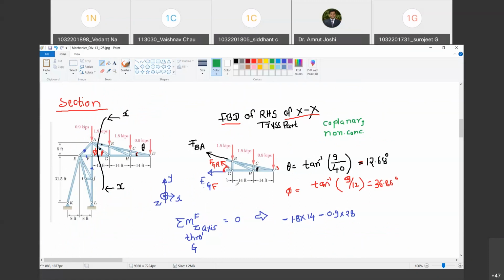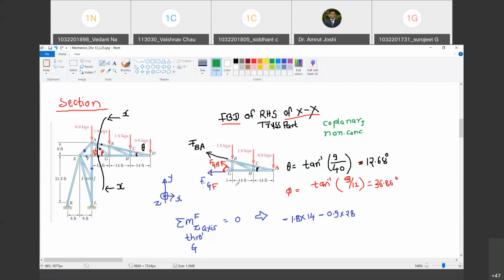What have I done? I have taken a judicious section. So what is a judicious section? I have already told you one part of it. That section must divide the truss in two parts which do not have any connection after giving the cut along the section. Happy? Yes, sir. This is the first part. The second part we will see at the end of the problem. But I have taken a judicious section and I have drawn the free body diagram of one of the parts, either on RHS or on LHS.